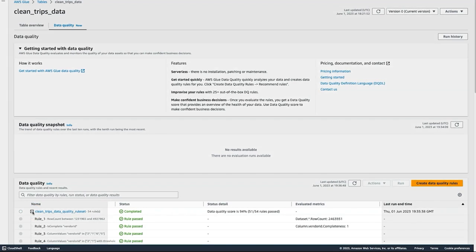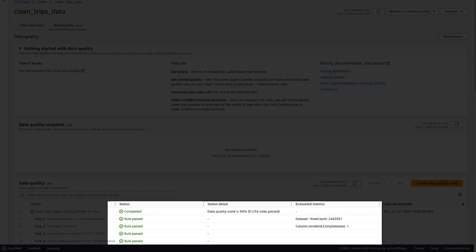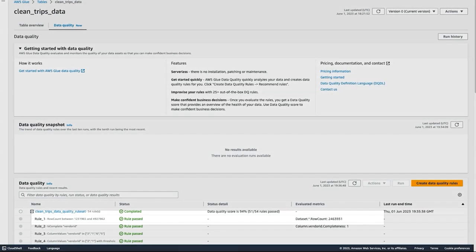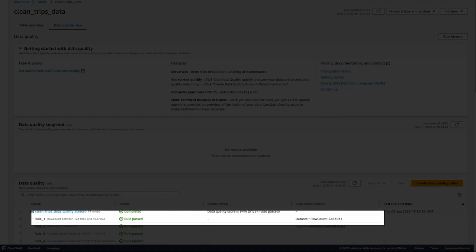Our results contain a status message which tells us whether the rule passed or failed, and evaluated metrics that provide us information and insight into what the actual values are. For example, the first rule has a row count validation, but the evaluated metrics provide us the exact number of rows in the dataset.